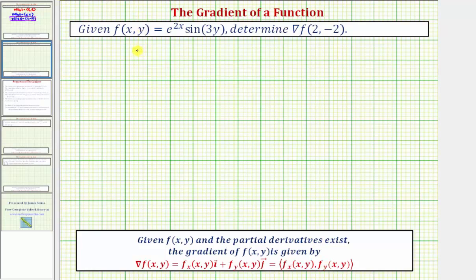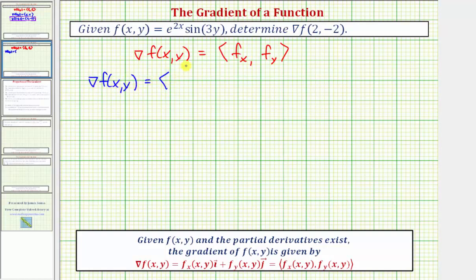So we'll first find the gradient of f in terms of x and y, and then we'll perform substitution to find the two-dimensional vector at the point (2, -2). So again, we need to find the partial of f with respect to x, then the partial of f with respect to y. So the gradient of f